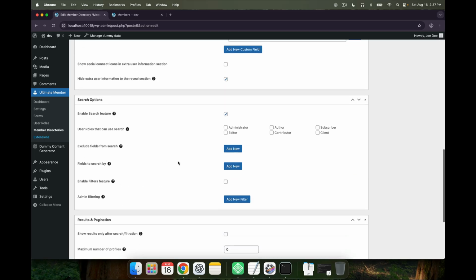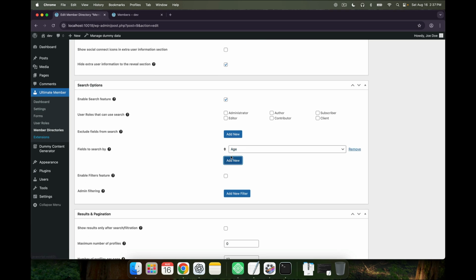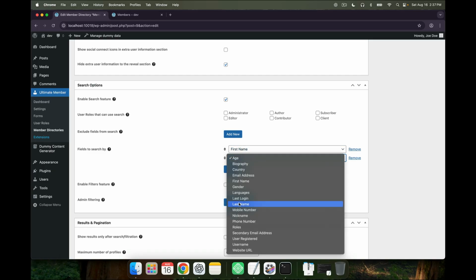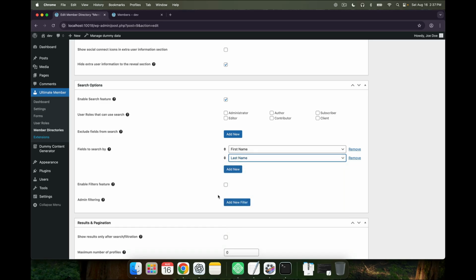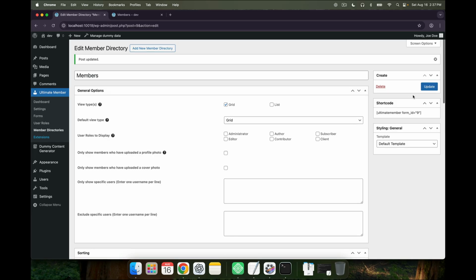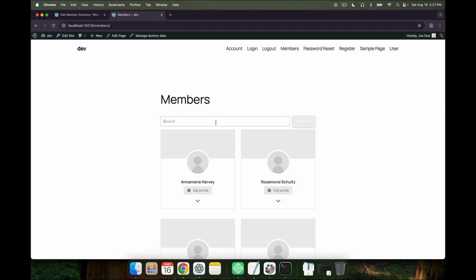Here we can enable the search feature, and we can actually add fields that we want to search by. So let's say we wanted persons to be able to search by first name. We wanted them to search by last name. Let's go ahead and hit update, and when we refresh this page, we'll see here that we have this little